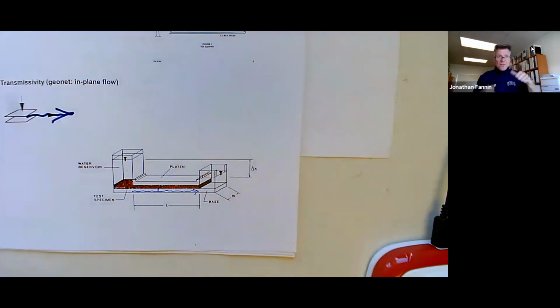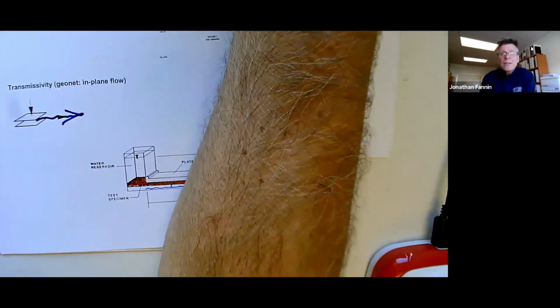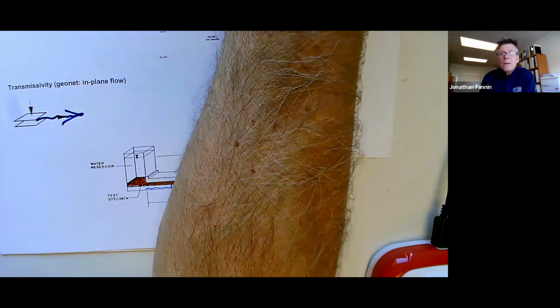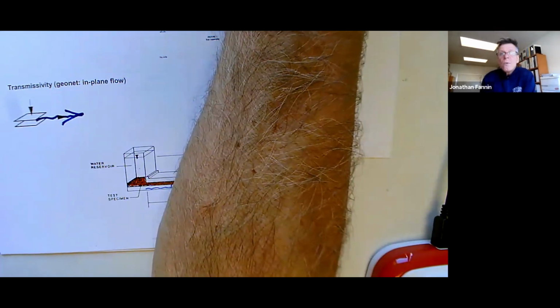And thus the strength, together with the opening size, together with the hydraulic conductivity, will allow us to go in and design in an informed way with material properties for filter and drainage. So at that point, bear with me while I